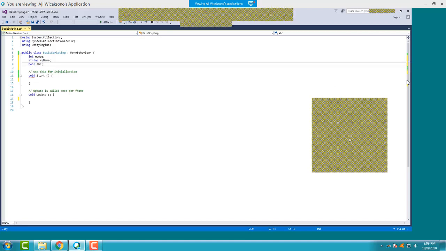Integer, string, boolean. Yes, that's basically the three basic variable classes that you have to know. We got integer, string, and boolean. So integer is